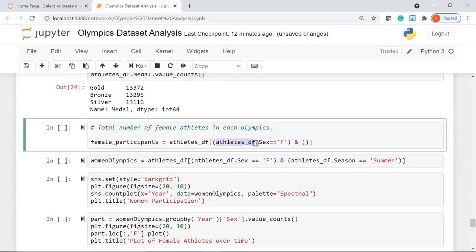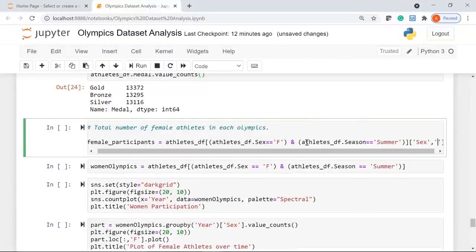Just copy this, paste it here. I'll say dot season equal to, we'll check for Summer Olympics, and I want to extract only the gender column. So here it is sex, comma, my year column, which is year. Okay,